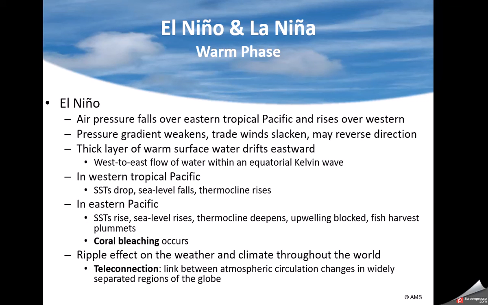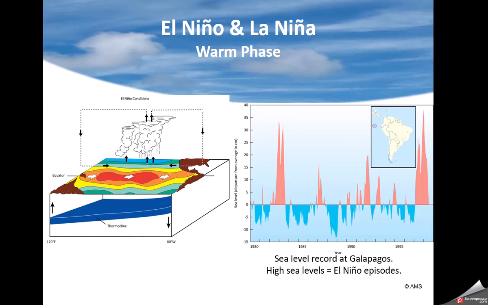So with El Nino and the warm phase, you get air pressure falls over the eastern Pacific and rises over the western. The pressure gradient weakens, the trade winds are not as strong, and they may actually reverse. So here you can actually see lots of convection out here in the thermocline moving down, which is where the